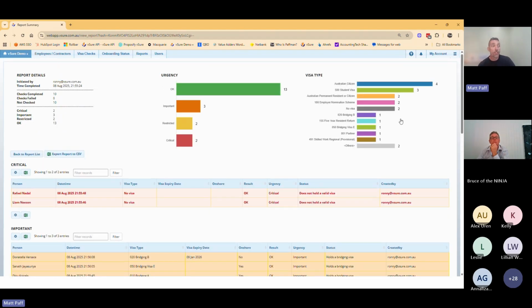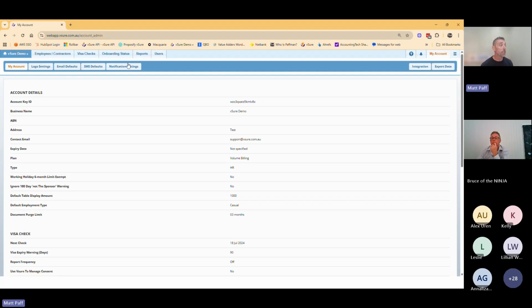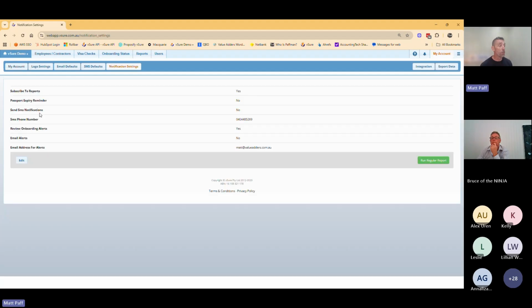point in time. This is a report we're finding more and more customers starting to put into board packs because directors are personally liable for work rights. A number of board of directors members are starting to ask for, well, I need evidence every board meeting that we are keeping on top of it. So that's effectively the first notification: subscribe to reports.